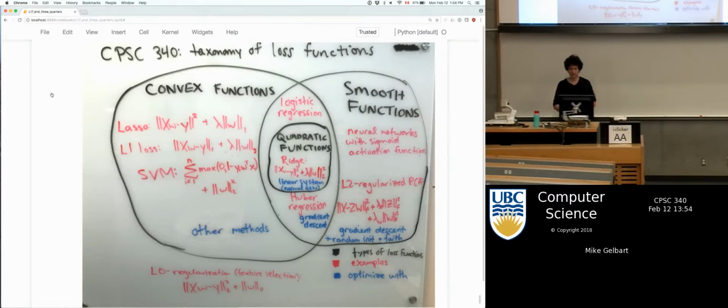Then there are functions that are convex and not smooth, like when we use the absolute value loss or lasso. I should have had another category for stuff with unique solutions, that would have been interesting. Remember, just because it's convex doesn't mean there's only one solution. And then there's smooth but not convex. And I think we haven't